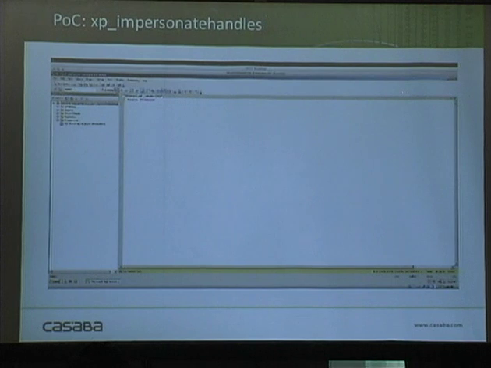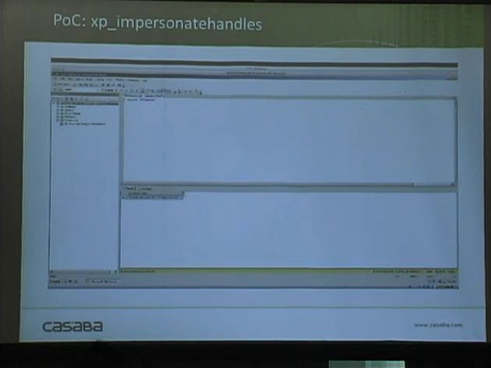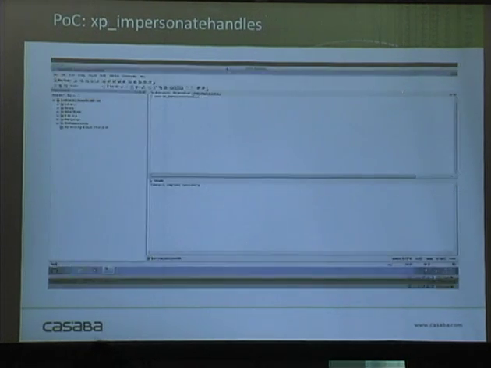Awesome. We logged in, we can execute commands, life is good. This is just illustrating the SQL 2005 instance that's running on that Windows 7 machine. Come back, run our XProc at this point, after the connection has been made. And in all 3 of these, we've successfully impersonated the domain admin that connected into our SQL